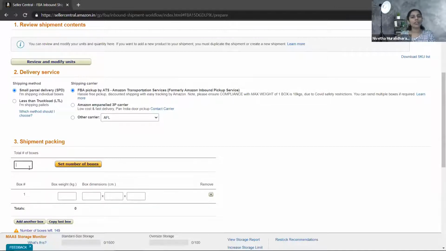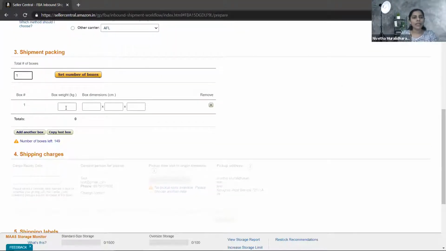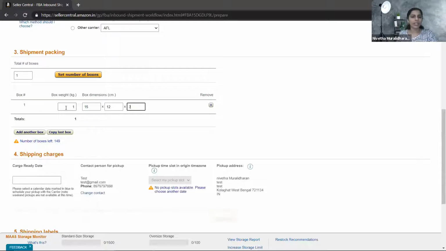And here is the total number of boxes. Enter the number of boxes. We already printed the labels, so paste them. After we are all set, you can come here and enter the number of boxes. I'm typing 1, and entering the box weight as 1 kg, just for dummy purposes, but put the exact weight as per your box. Box means a big carton. Consider I'm sending 20 pieces in a big carton; the carton becomes a box. And enter the dimensions. I'm just entering some dummy values right now. Once it is done, you will get the shipping charges.